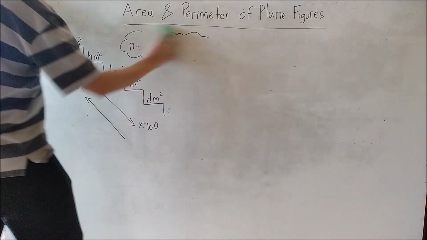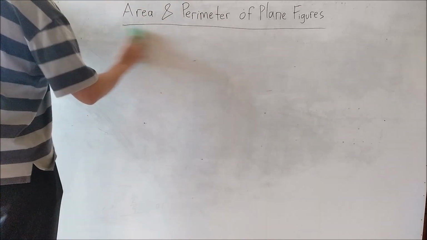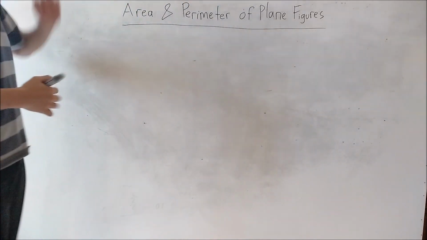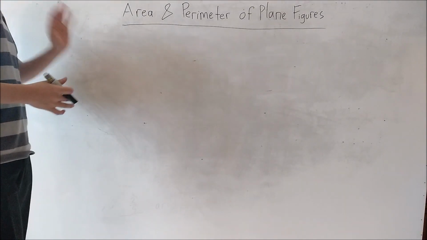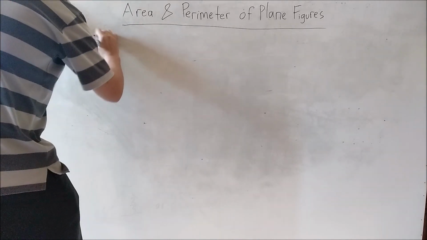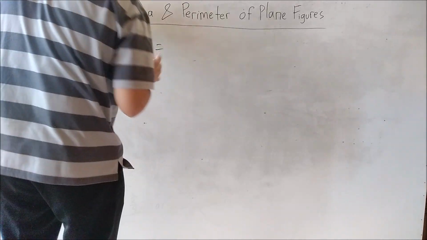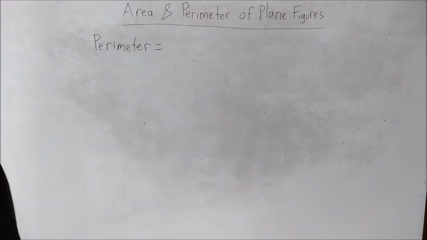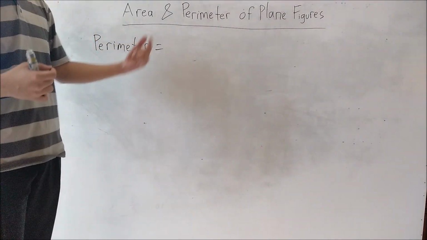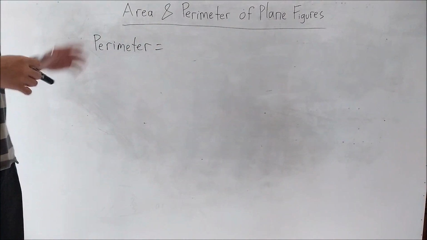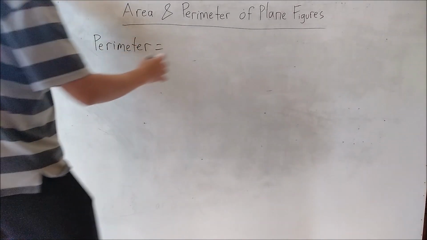Let's move on. Once you learn about that, you will be able to learn how to find the area and perimeter of plane figures. Before we go into the area, I will talk about the perimeter. You have learned that some plane figures such as square, rectangle, triangle have their own formula for the perimeter, right? However, it is very simple to find the perimeter of a figure. The point of the perimeter is just this.